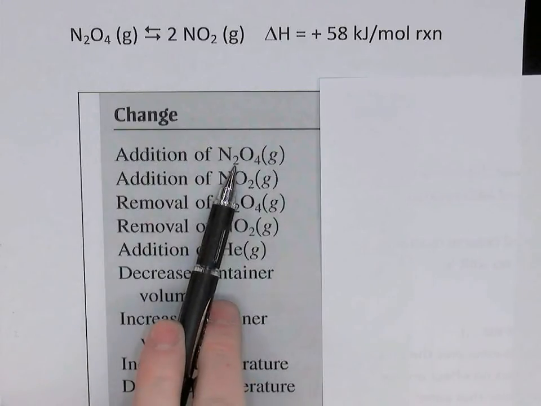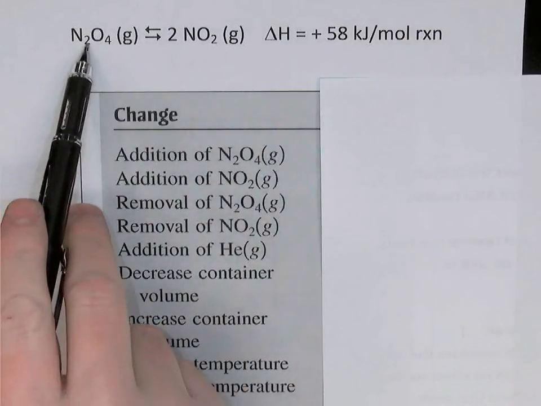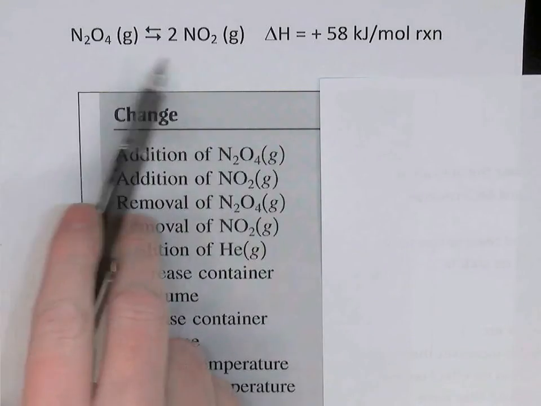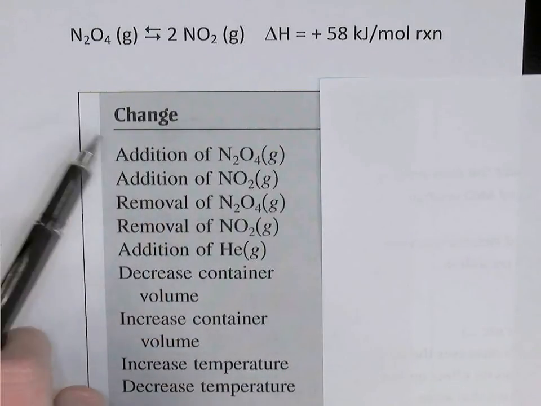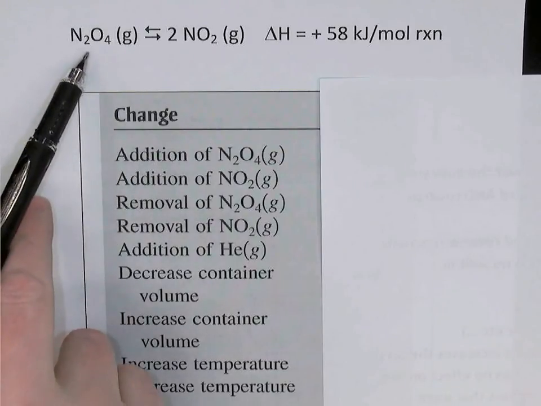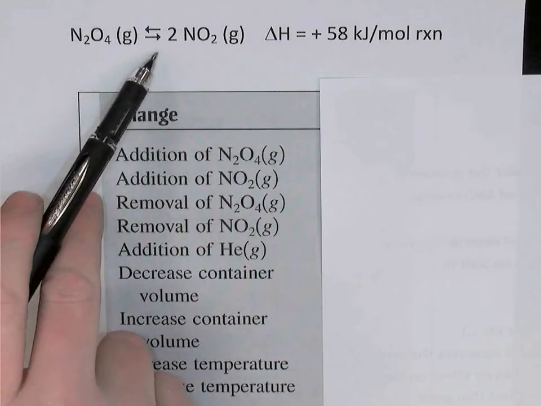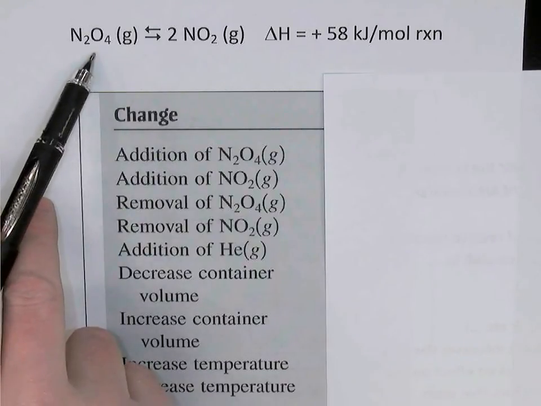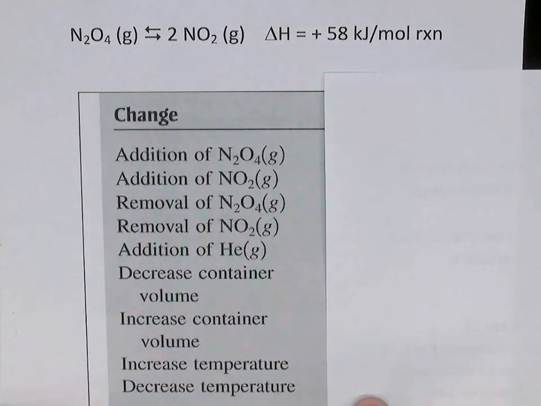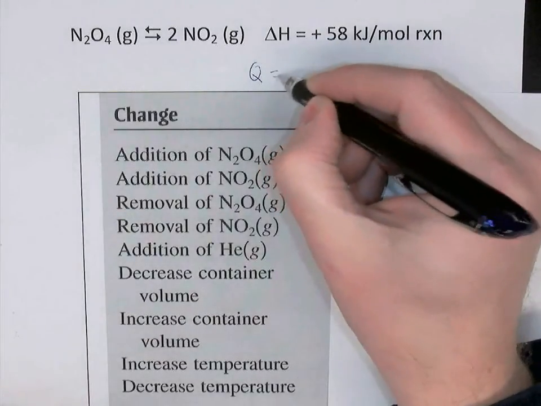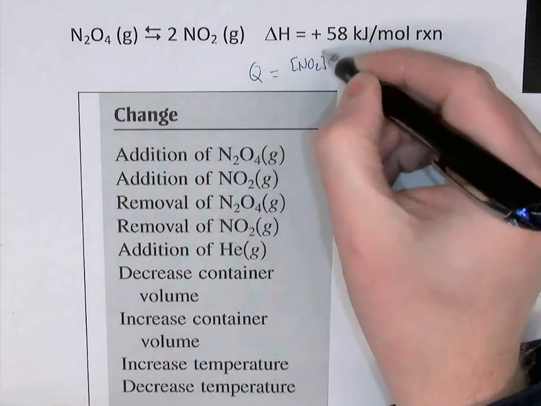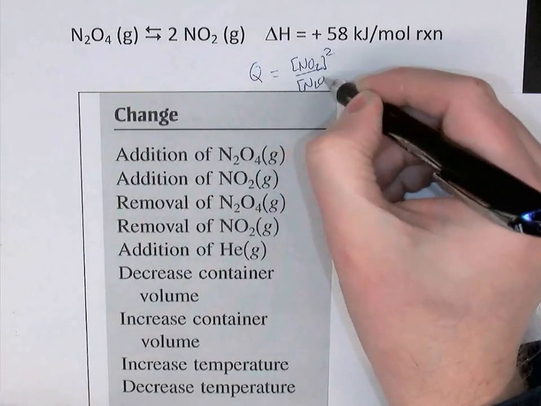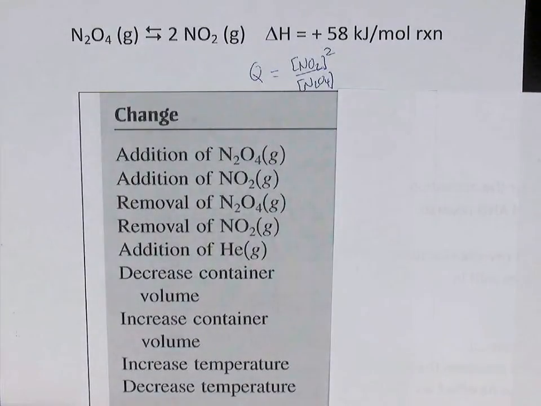If you add some N2O4, the system is going to try to use up the N2O4 and shift in the forward direction. Another way to say that is that adding N2O4 will increase the rate of the forward reaction while leaving the reverse rate constant. Since the forward rate is now larger than the reverse rate, the reaction shifts forwards. Finally, you could look at the reaction quotient, NO2 squared over N2O4. Increasing N2O4 causes Q to get smaller, and that results in a forward shift because Q is now less than